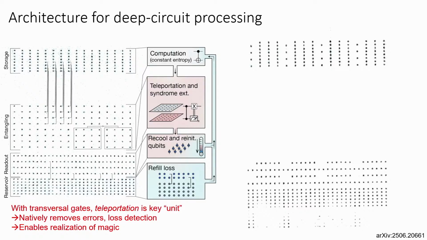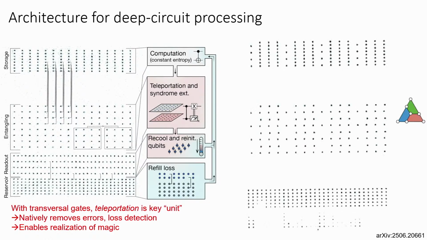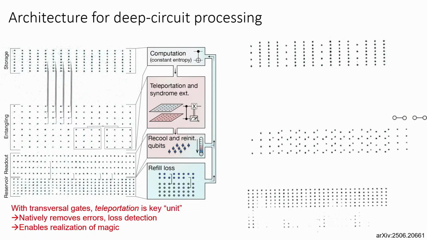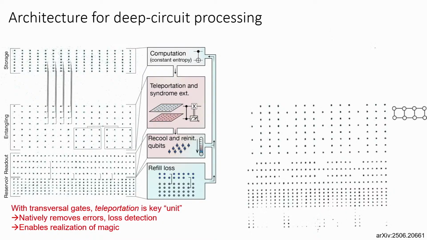And this movie shows what this looks like. We pick up atoms from this readout zone, and then we start entangling them into Steane codes in this entangling zone. Then we start taking the Steane codes and entangling them together into cluster states in the space direction. We take a previous block and entangle it in the time direction.